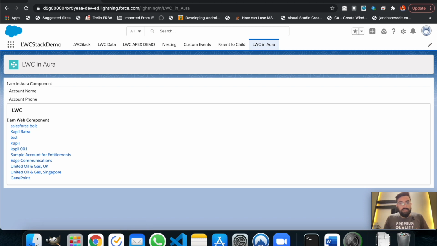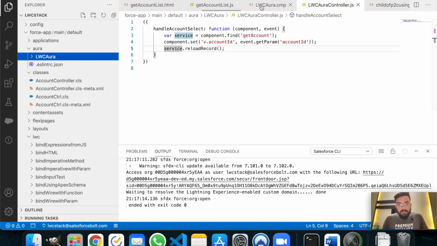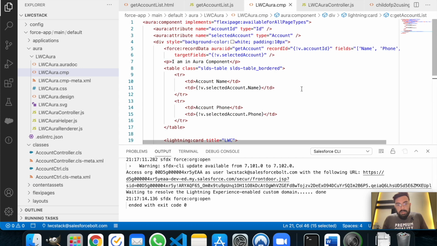So guys, in this screen, as you can see, we are having a list of accounts. This list of accounts is basically a Lightning Web component which is embedded into an Aura component. Okay, so this part, as you can see here, is coming from the Lightning Web component, and above that you can see account name and account phone. I think this is our table. Let me just check it again. Yes, this is our table, in which we are just having account name and account phone. We are not having any selected account yet. That's why the values are empty.